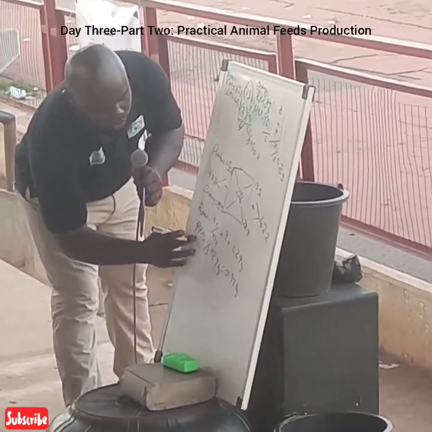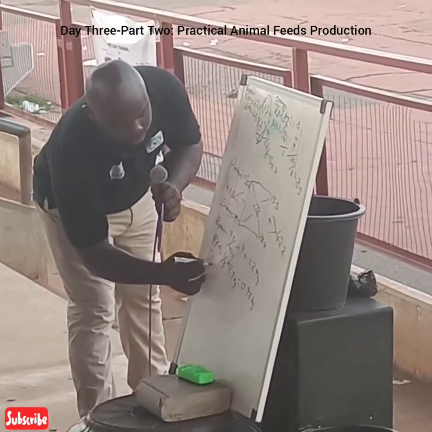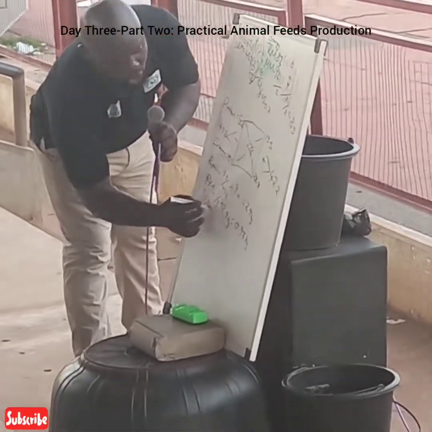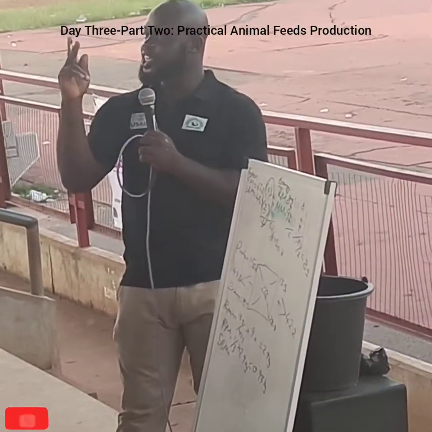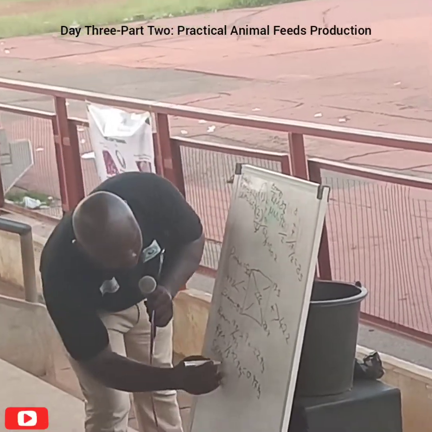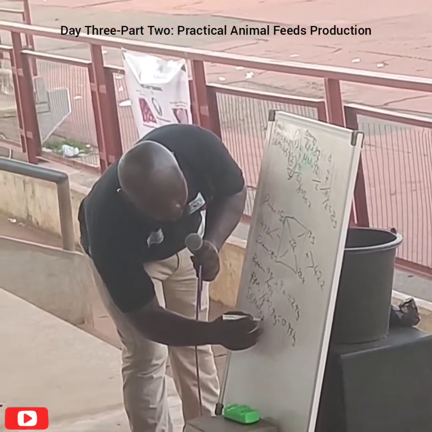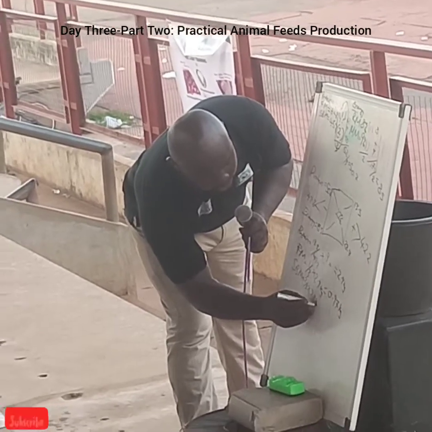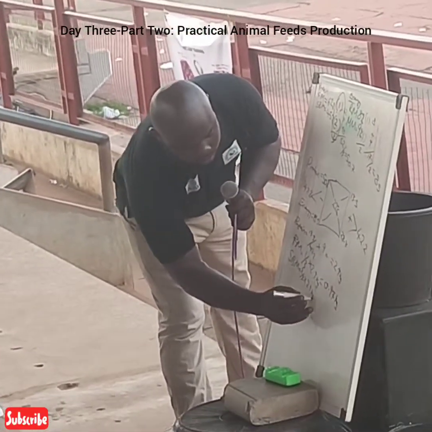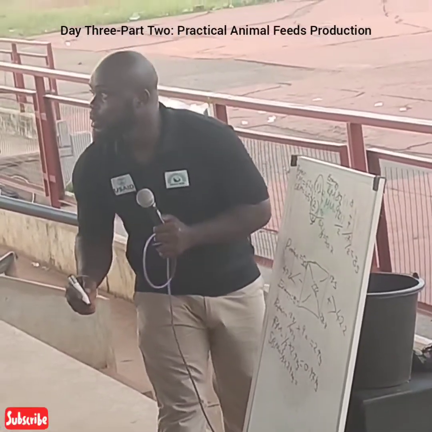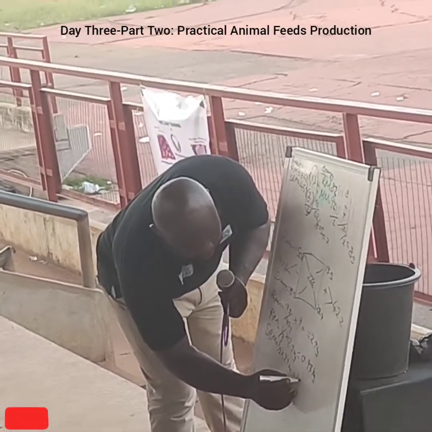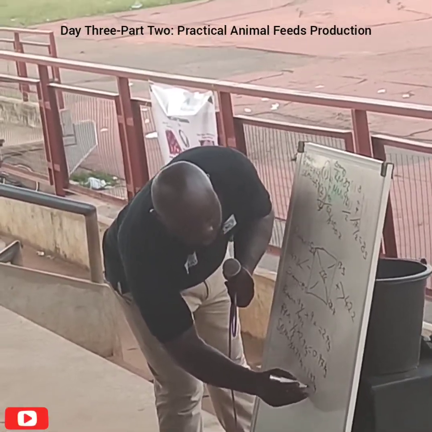For soybean meal, we are mixing it 2 times, divided by 3. 2 divided by 3 times 2.9 kg is 1.93 kg. Add it, you get